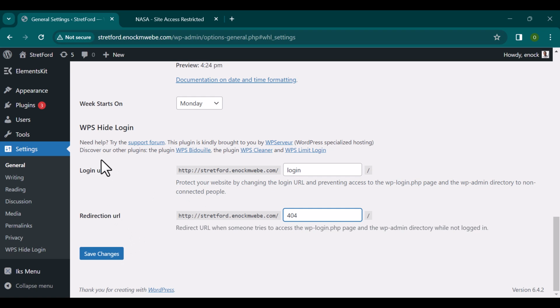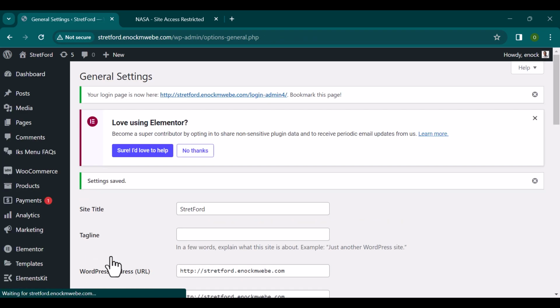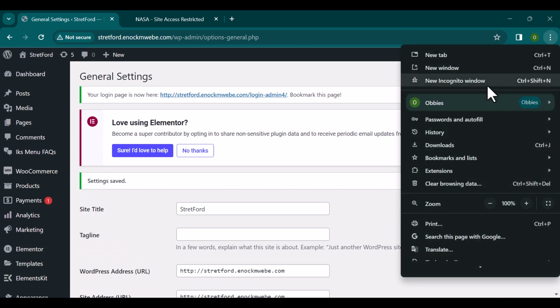When you go to settings, it's going to lead you to this page. What you have to do is change this to another link name that you can probably remember. For example, if I say login-admin, something like this, then this is the link that I'm going to be using. Once I click save changes,